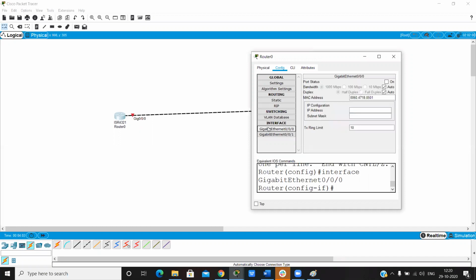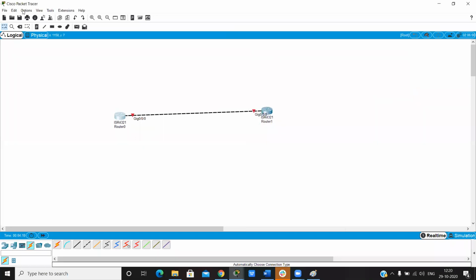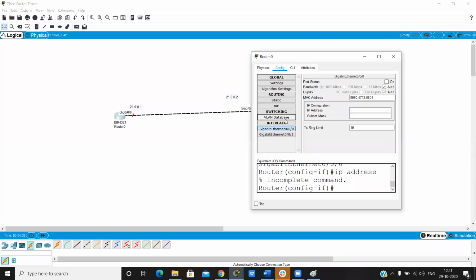So I go on the interface and firstly I take note to remember which IP address is assigned here. So I can assign here the IP address 21.0.0.1.